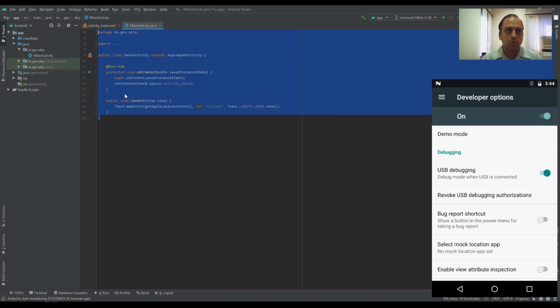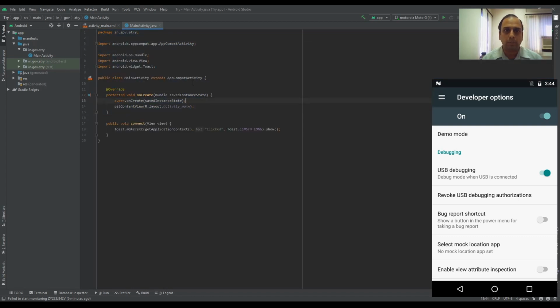When you look into the Android Studio, you should be able to see the device on the top right corner. In here there are many options available, like Android Virtual Device Manager, run on multiple devices, or Motorola Moto G4. This is the name of the device that I am presently using.